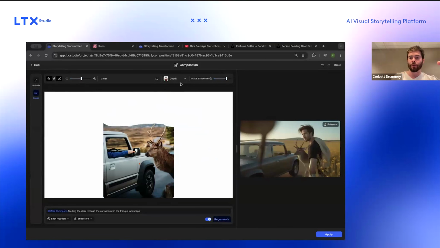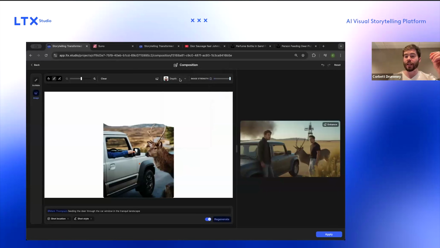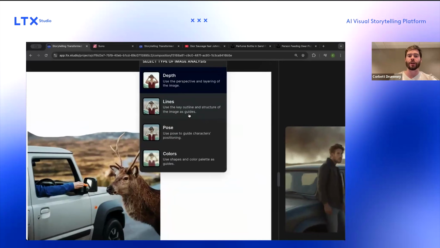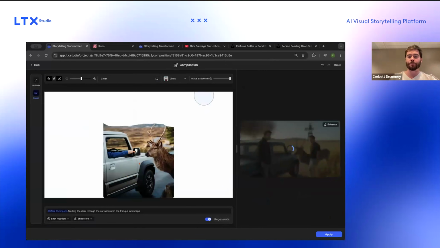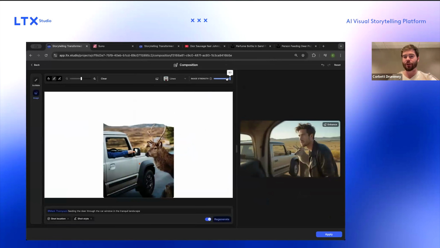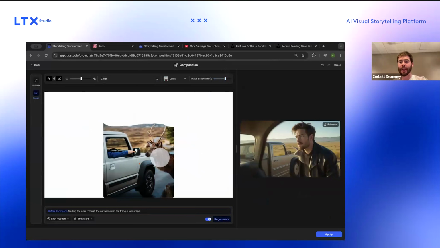And what you can arrive at is like a preview. This is a preview on the right side of your composition. So you can keep playing around with it. But what I want to call out here is you can use the perspective of the image, the lines, the pose, the colors. I'm going to use the lines here, just to get the exact lines of the image. And it's actually really, really strong here. I'm going to give it a little more leeway and then keep playing around with it to get what I want. So it's a mixture of using that and